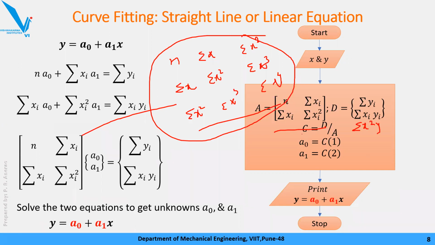Here when you calculate C equal to D by A, it will have three values: a0 equal to C at 1, a1 equal to C at 2, and a2 equal to C at 3. एंड यहाँ पे फॉर्मूला आपका बन जाता है a2, that's it. So ये हुआ आपका पैराबोला, and similarly you will go for remaining term. Okay, now how to come up with this summation वगैरह, it's very easy in the MATLAB. So when we go with the program, I'll explain how to use sum command.